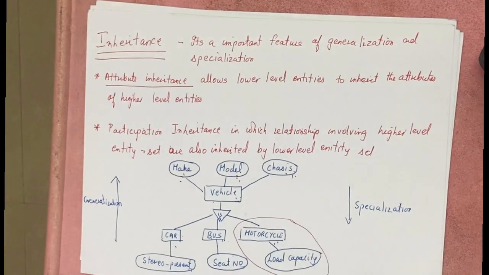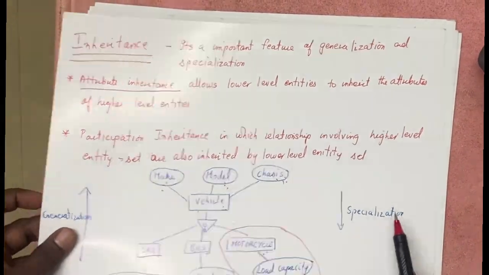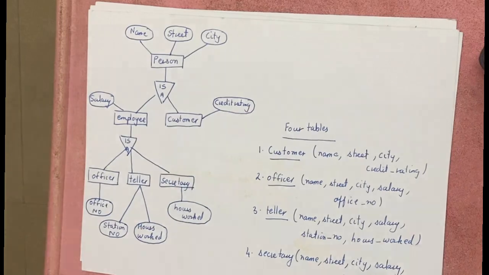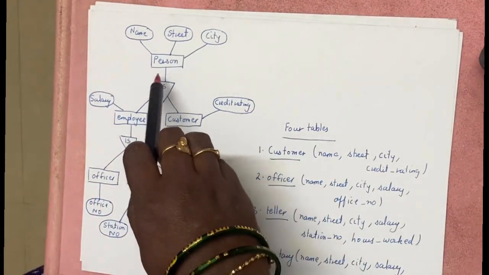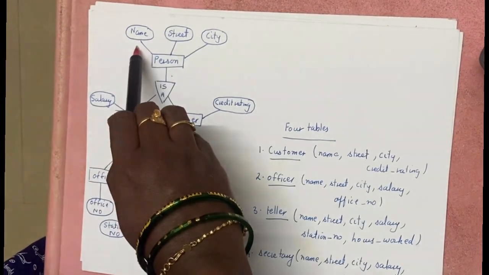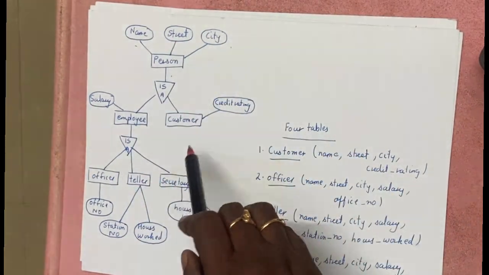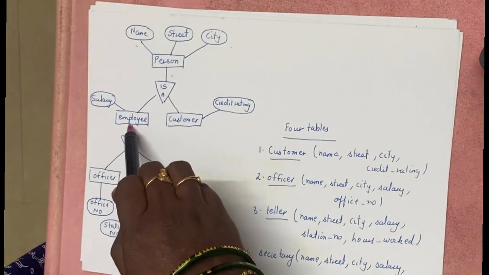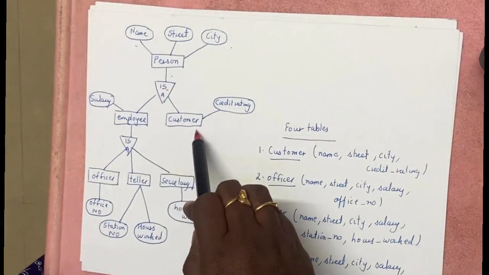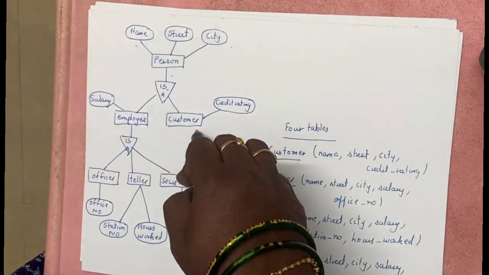Now, we are going to see an example of how this is represented. Here, if you see, a person has a name, street and city. Any person or any individual can have it. A person can be an employee, and a person can also be a customer in the same shop